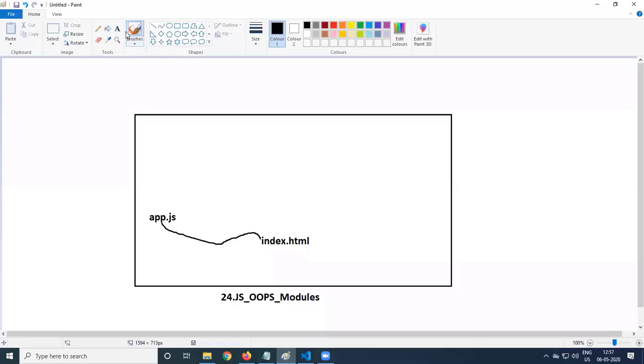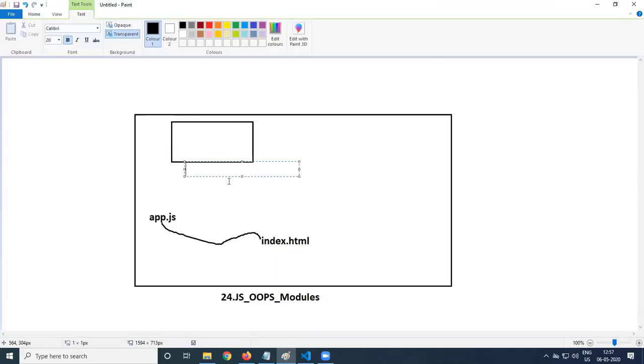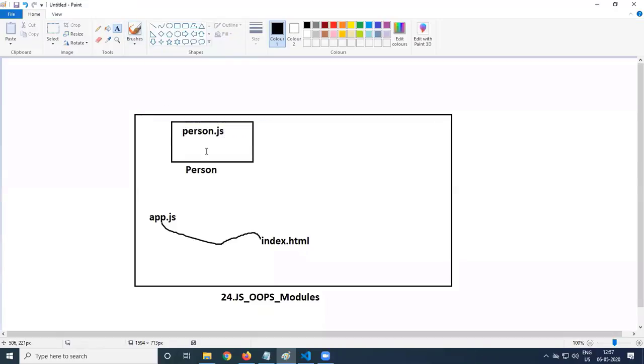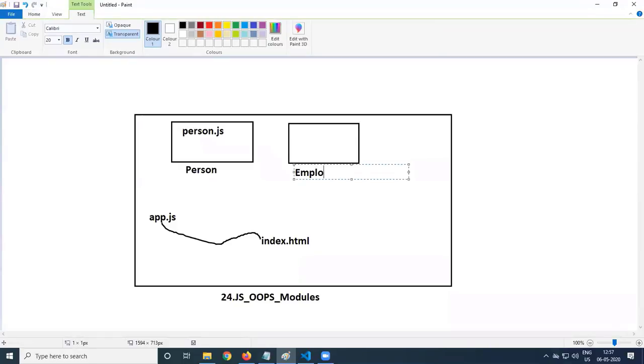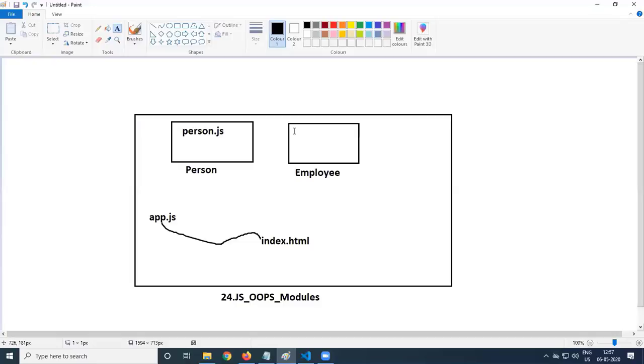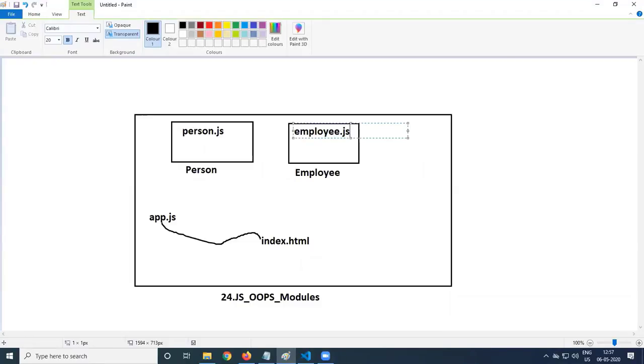For that purpose, we'll have one subdirectory called person, the root class. Inside this we got person.js. And then inside the person, you can have a customer also or employee. You can give it separately, but for ease of understanding, I'll just give another directory. We call it employee, and this employee contains employee.js.